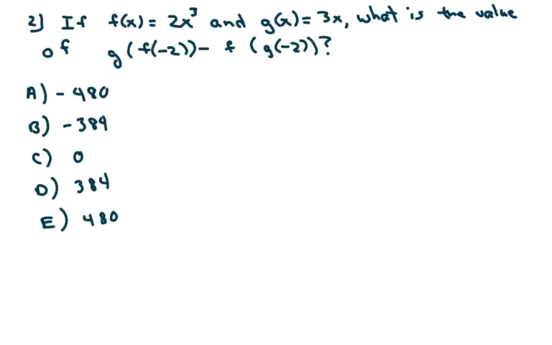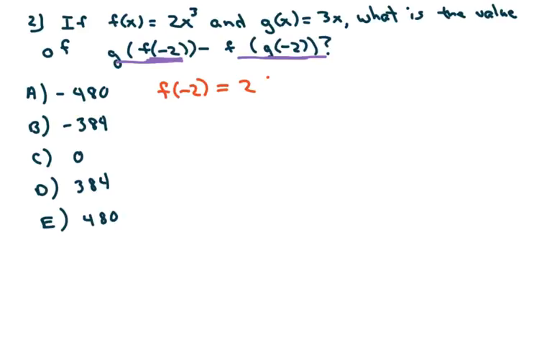Okay. The next set is composition of functions again, and we have to do double work on this. We have to take care of this one, and then this function, and then subtract the 2. So the first thing we're going to do is take care of f of negative 2, the inner function, and we get f of negative 2